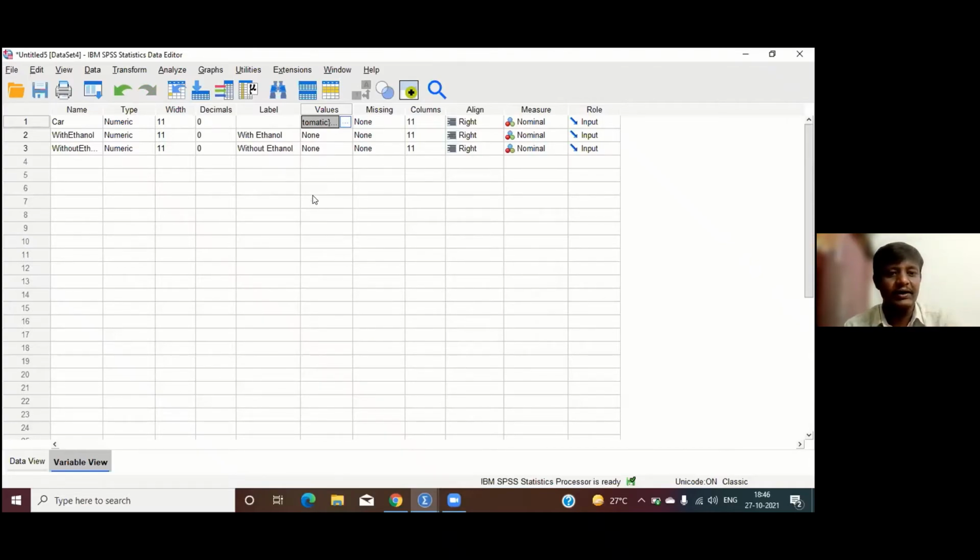So car is a nominal variable. Other 2 variables are scale variables. Now what we need to understand here is we need to answer the questions given to us. The first question given to us is